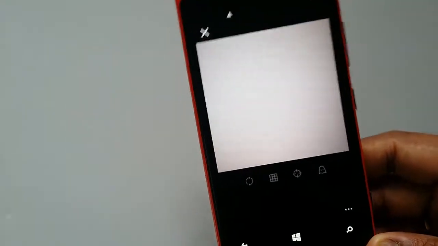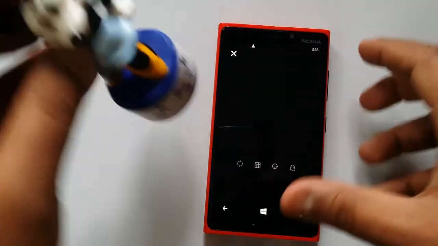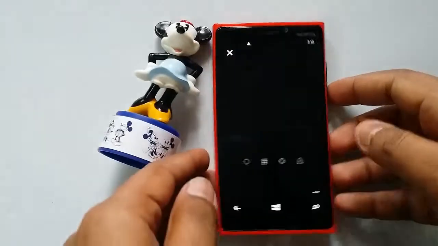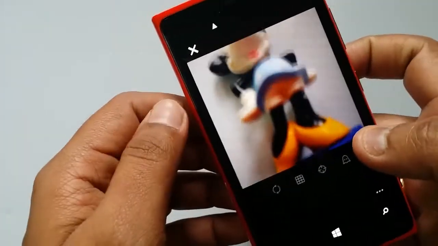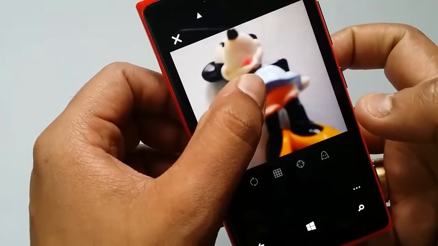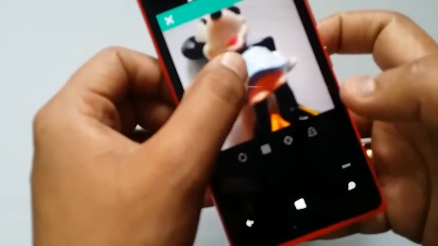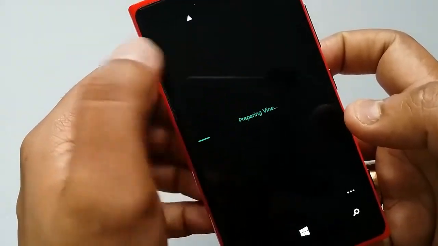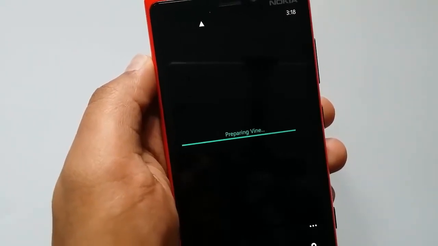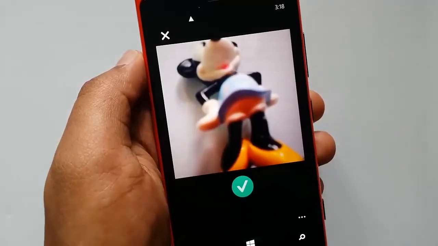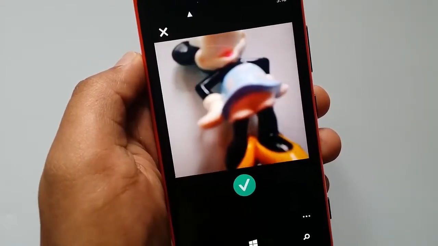So let's just create a simple video and then upload it. I have this small toy here. To create a video, just press and hold the screen. You can see the movement. Once the video is created, you can see preparing for Vine. So the Vine video is being prepared, and you can view the video you have created right now.